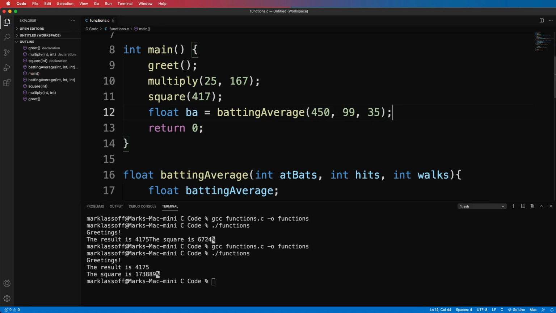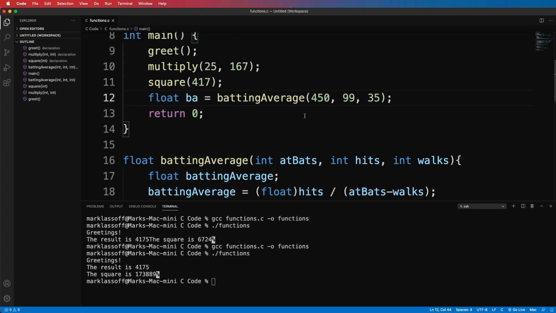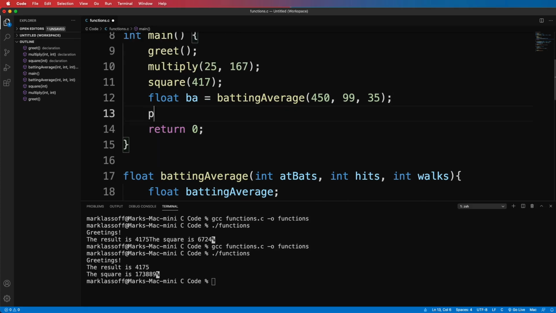So now what's happened is the values 450, 99, and 35 will be passed to the batting average function starting on line 16. The math will occur within the function, and then whatever batting average turns out to be, that float will be returned and assigned to BA. We could then print out the result here.